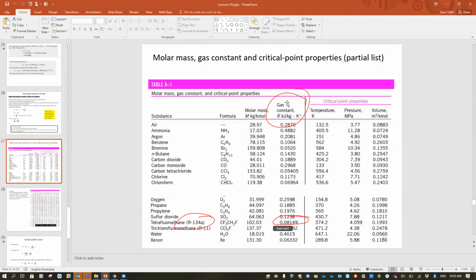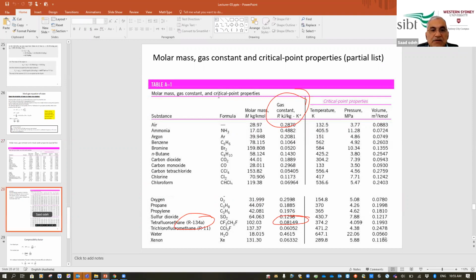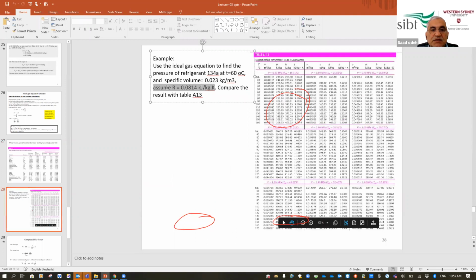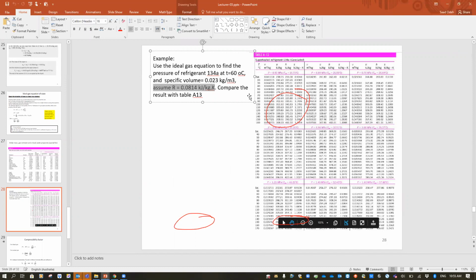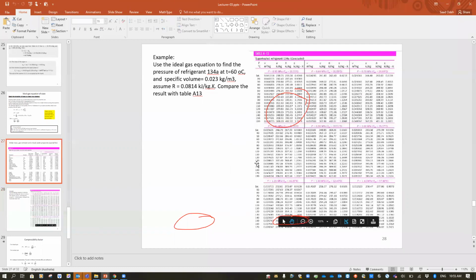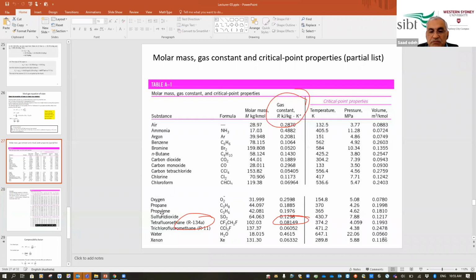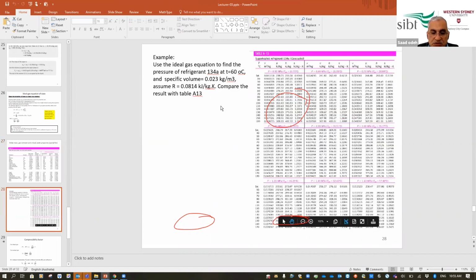Yep. If you go to the question, this is what we actually did, but they gave it to you rather than you go to the table and find the R value. It was given in the example. So as you can see here, can you see this one? We already were given this, but if the question doesn't give you the R value, you can go to this table and find out the value based on the name of the gas. So you find out what gas you are working with, find the R value from the table, and then go back to this equation, substitute in the